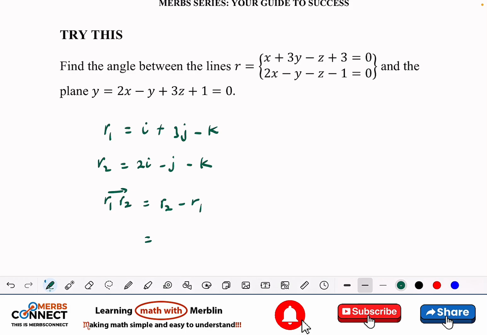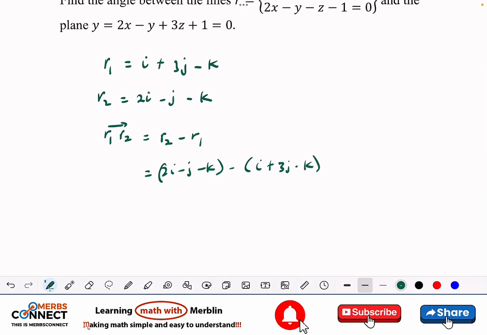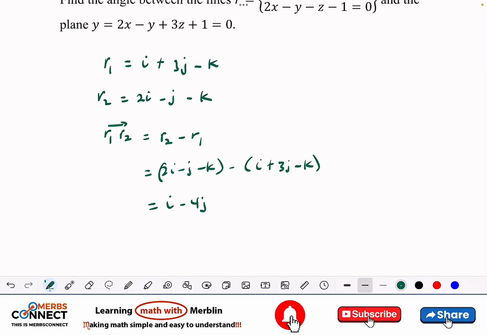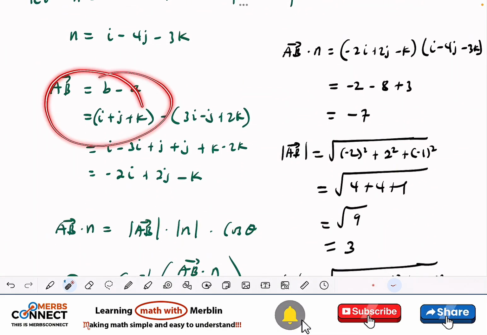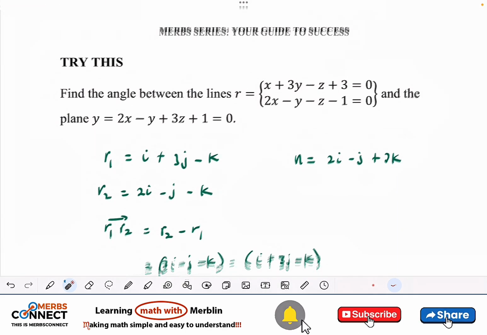So this is going to give us 2i minus j minus k minus 2j minus k. So simplify this and you are going to have i minus 4j, and then it will be 0. So the k aspect will be 0. Then when you finish, you find your normal vector, which is being 2i minus j plus 3k. Then you use this and this to do what I've done here. So go through the same process and then